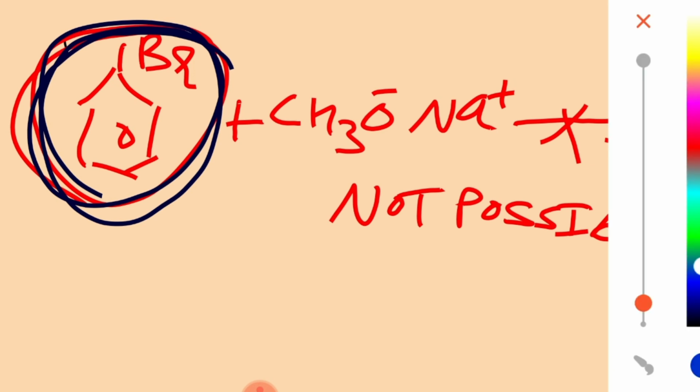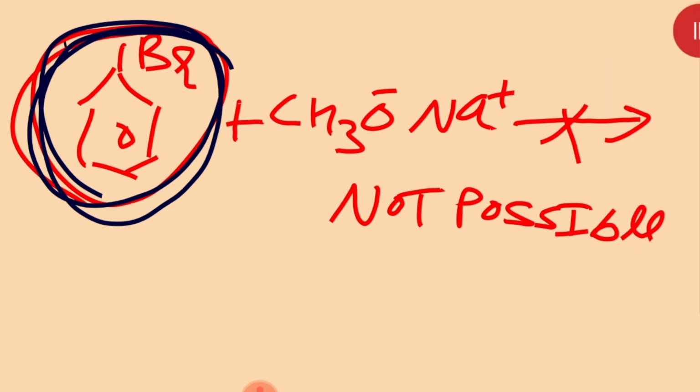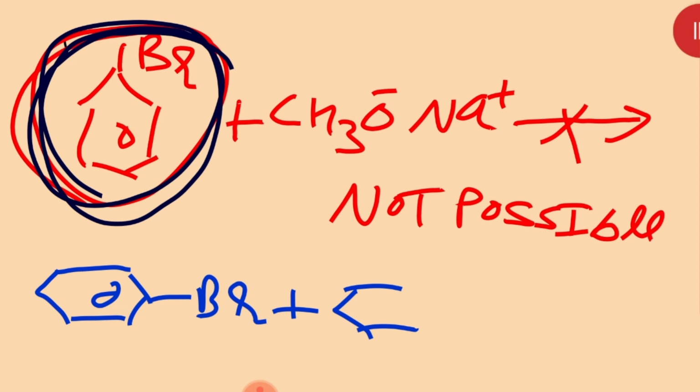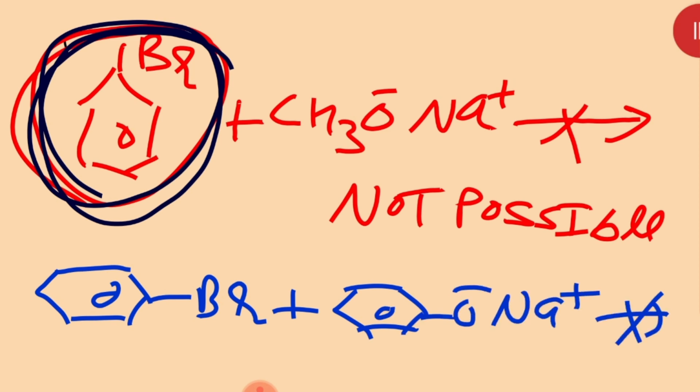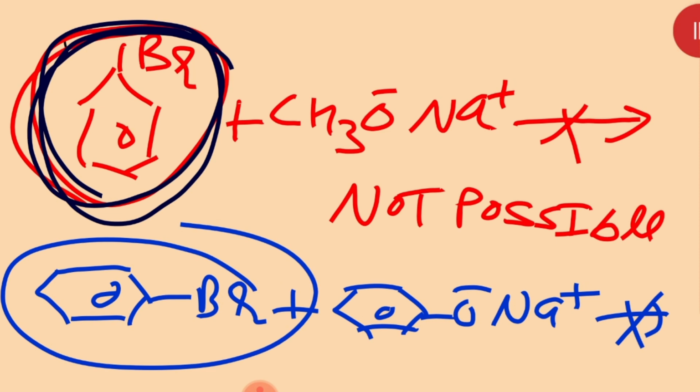Similarly, they are giving you one more reaction here. Suppose like this way only, Br, then here also they are taking O negative, but it makes no difference. This will also not be possible. Same reason, that aryl halide is always less reactive than the haloalkane towards nucleophilic substitution reaction. Is that clear to you? So okay students, all these were the preparation of the ethers that we have done over here.